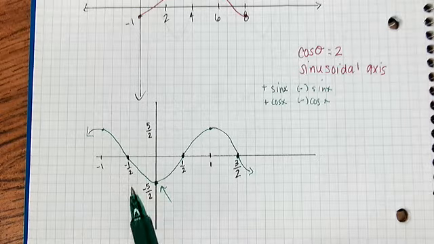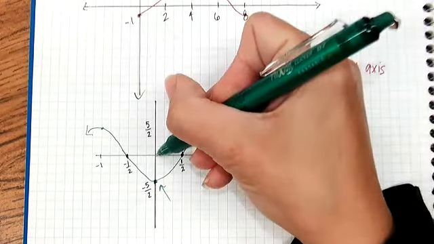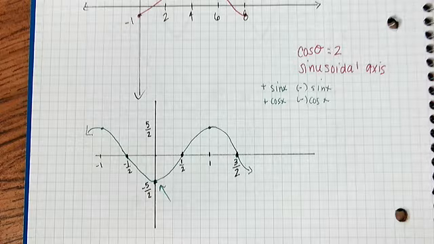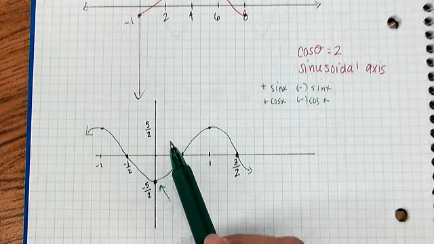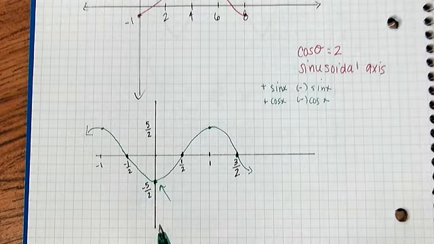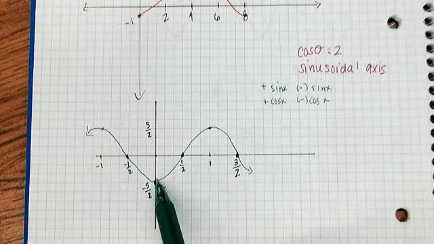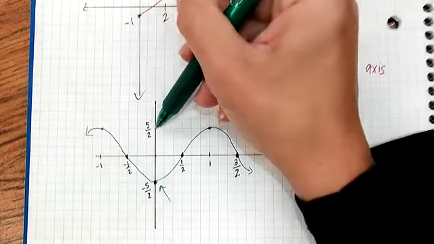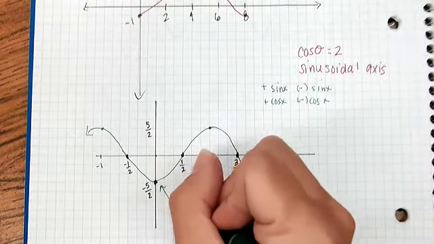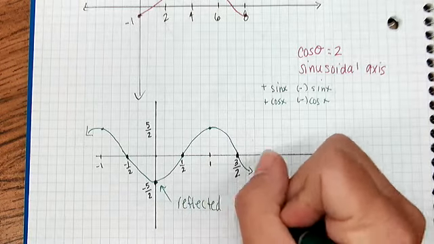Does a positive sine curve start down here? No. A positive sine curve starts at the origin. Does a reflected sine curve start at the minimum? No. A reflected sine curve also starts at the origin. It just goes down instead of up. Does the positive cosine curve start at the minimum? No. A positive cosine curve starts at the maximum. So if I start at -5/2, this is going to be a reflected cosine curve,